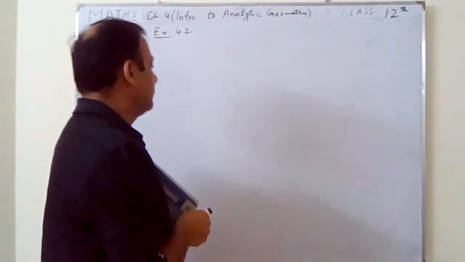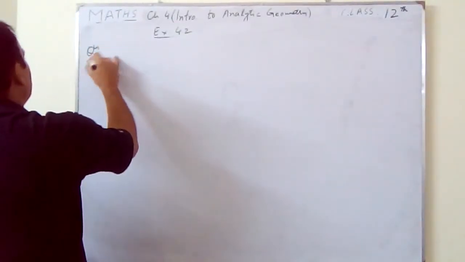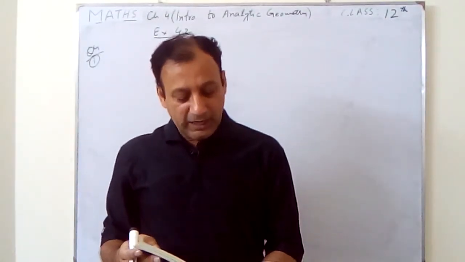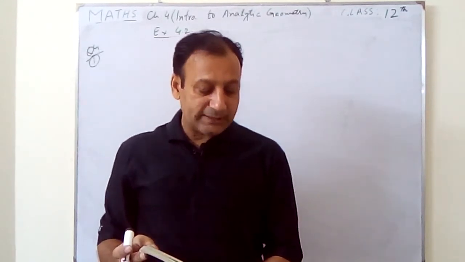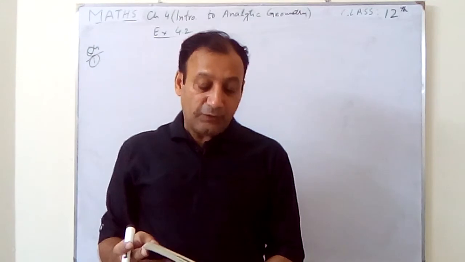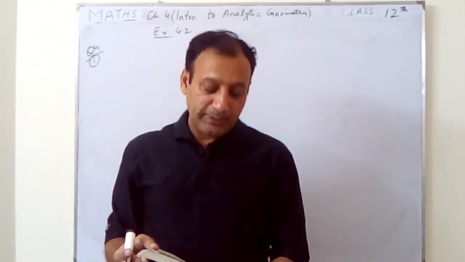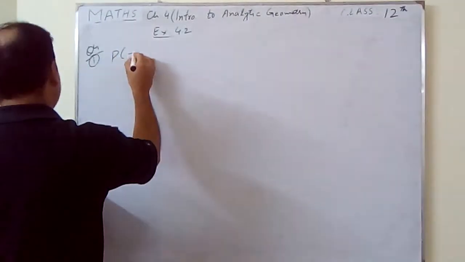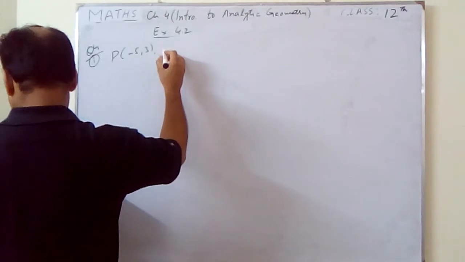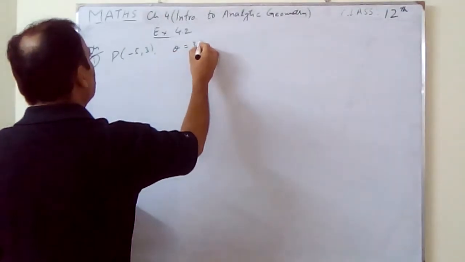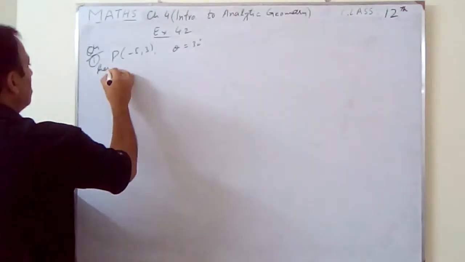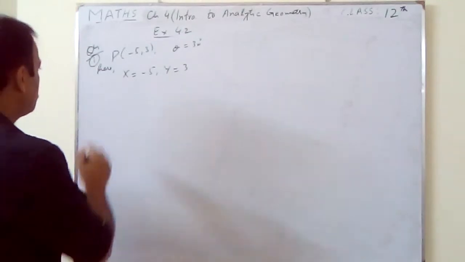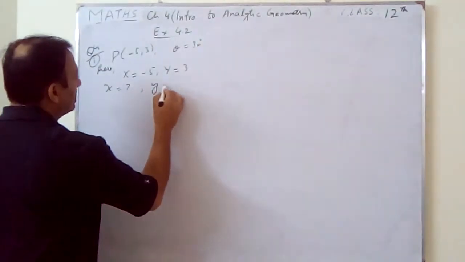In question number 4 part 1, the small xy coordinate axes are rotated about the origin through the indicated angle and the new axes are capital OX and capital OY. Find the small xy coordinates of P with the given capital XY coordinates. Now capital XY are given. Theta is equal to 30 degrees. Here capital XY are given and we have to find small xy.